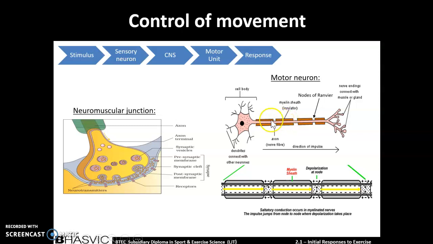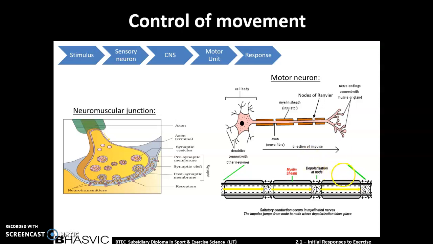And between each myelin sheath, you have these nodes of Ranvier, and there are gaps which aren't insulated, that causes the impulse to effectively jump the myelin sheath